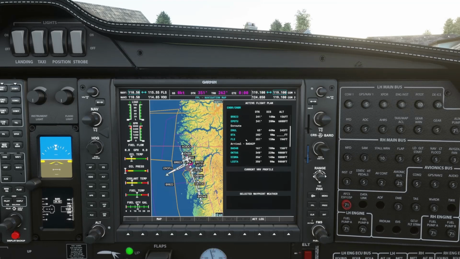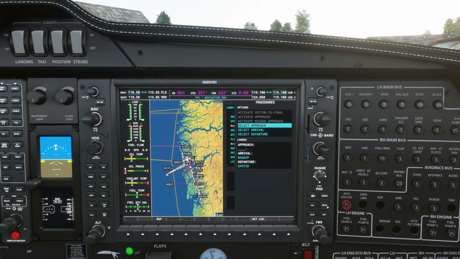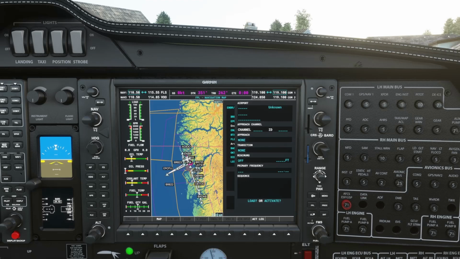Okay, right, now what we want is the approach, so click on the PROC button and go to select approach, and you notice here it says loaded. Approach no, arrival and departure yes. So we'll click on approach, wait for it to populate, and now you have here an option.